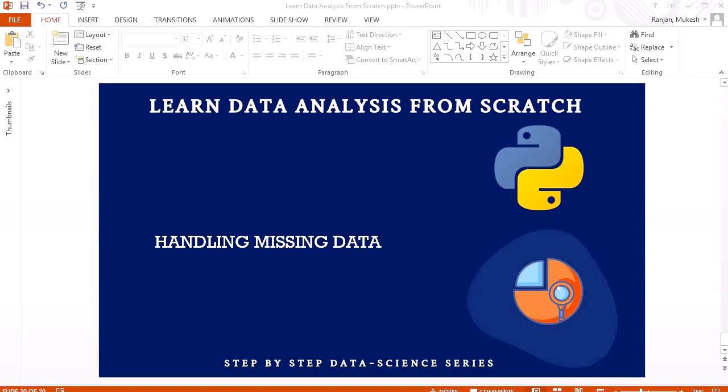In this session, we are going to look into handling missing data technique. So why are we talking about this technique? Because in real world scenarios, most of the data comes with missing values. So it is really very important to understand the way by which you can handle the missing data whenever you get raw data with missing information, because we can't do any kind of data modeling without handling the missing data. So let's jump into the Jupyter notebook, where we will discuss all these techniques